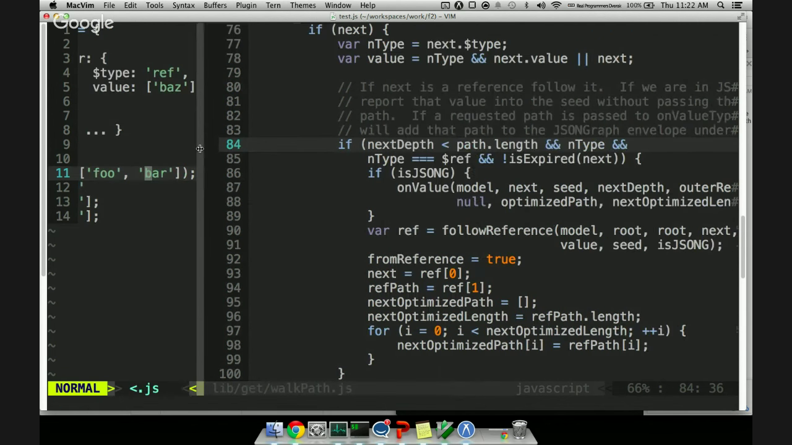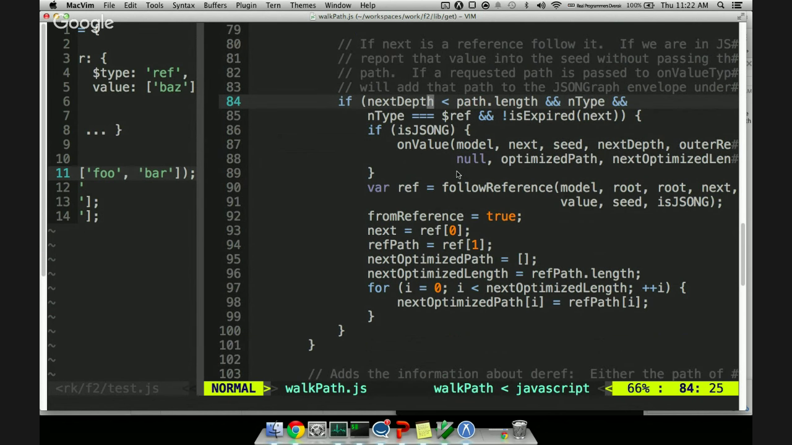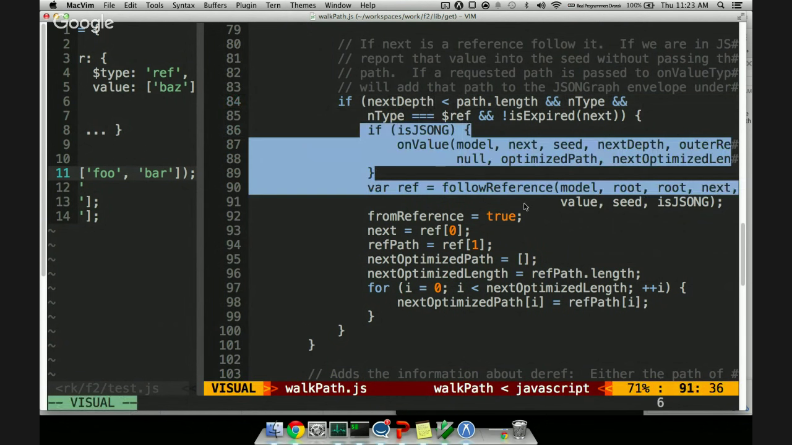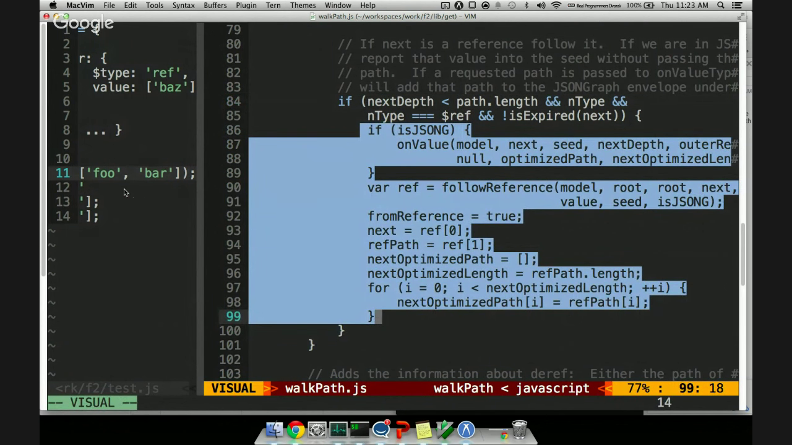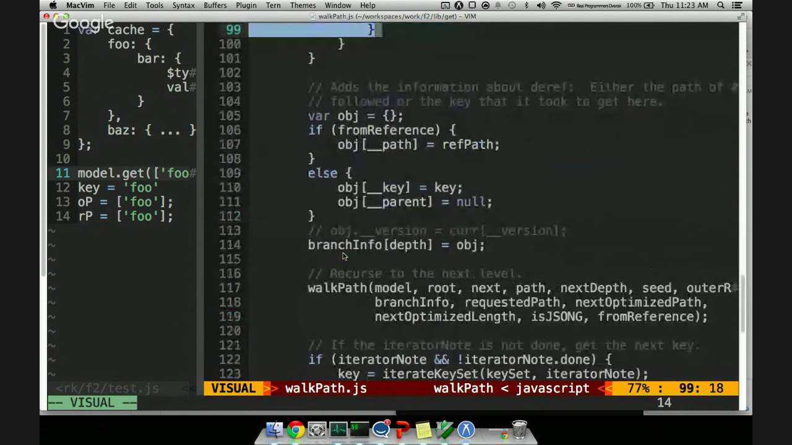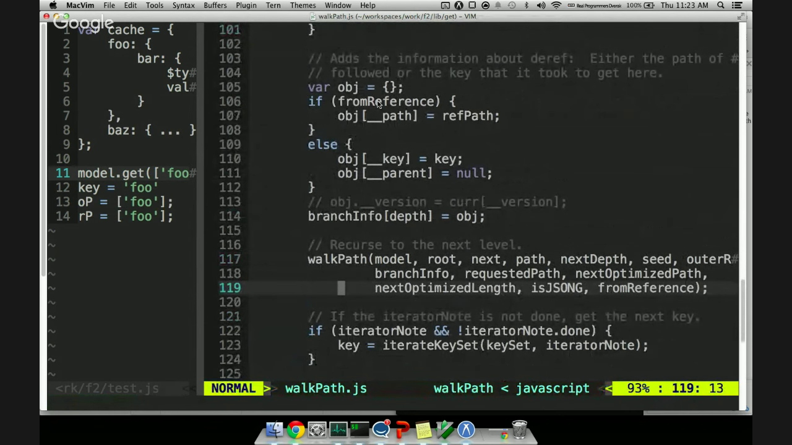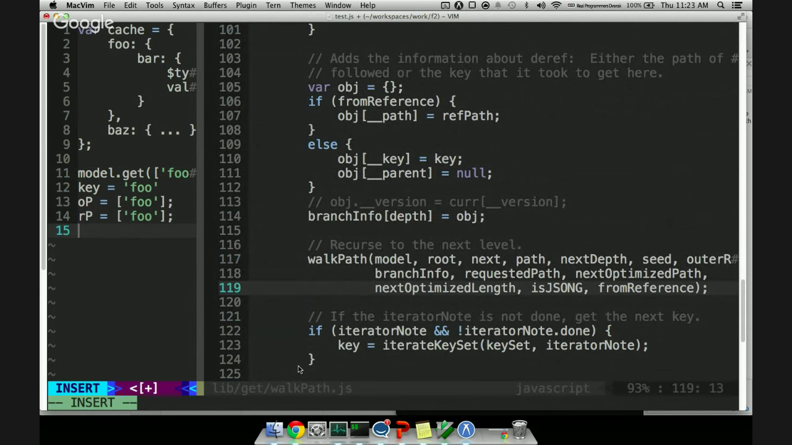And so this is one of those things where we only follow references if our next depth has not exceeded the length, meaning we still have one more key left in our path to evaluate. So we go here, and we're just going to skip this because right now in our little trivial example, foo is not a reference. So we don't have to do that. So now we start with our production of output. How we produce our output is, when you request something like foo bar, eventually,